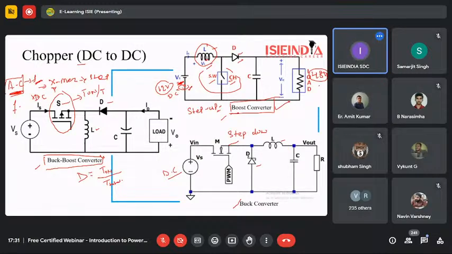We require a chopper because these switches are responsible for the switching of the